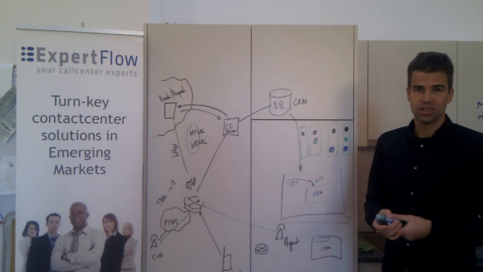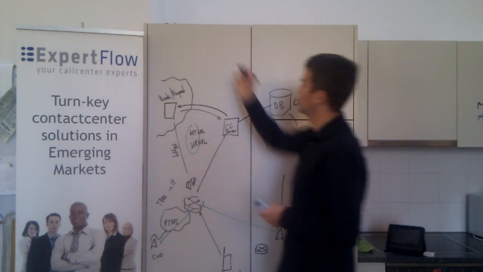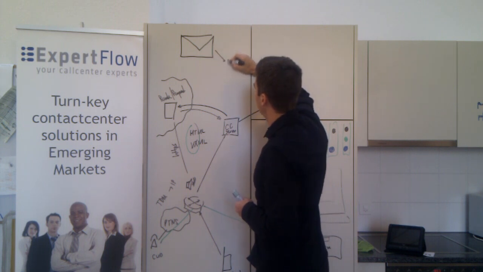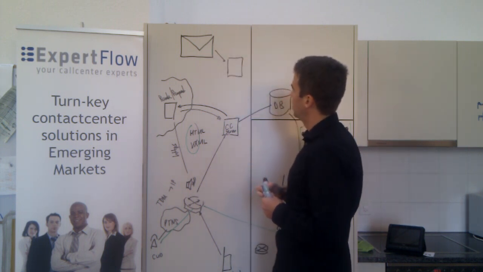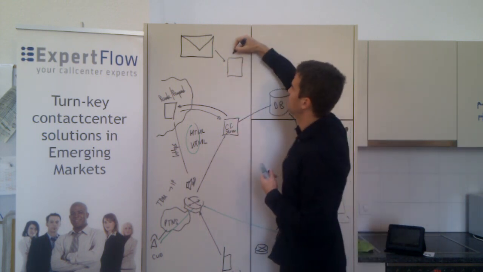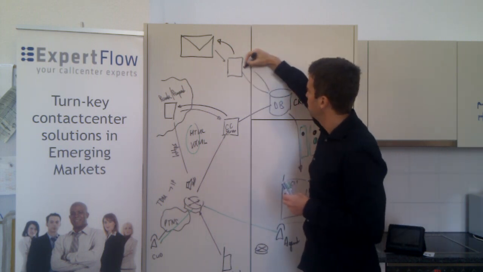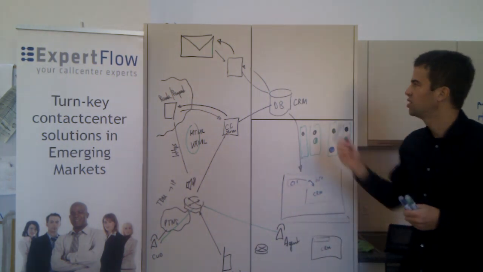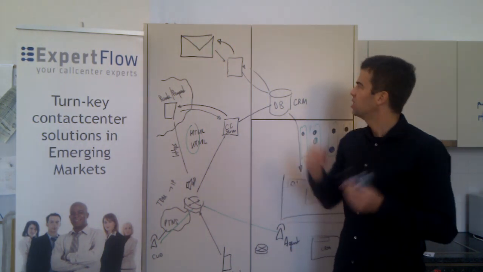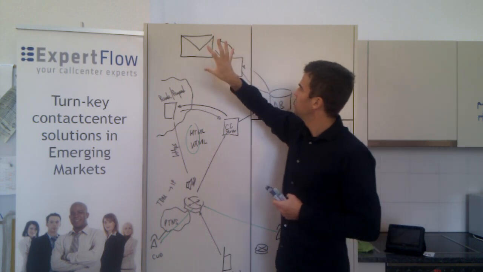So let's imagine that you have an email coming into the contact center. The email comes in and reaches an email interaction system which, very much like an IVR server, can send an automatic response back to the sender. It can do this, again, by interacting with a customer database. For example, it can retrieve information in the email, such as a case ID, a customer name, an agent's name, you name it. Anything available in the email as text can be used to retrieve information and send back an automatic response as an email, such as thank you very much,